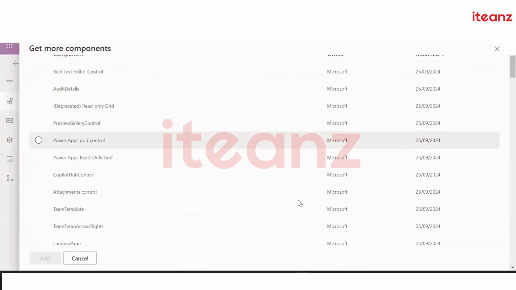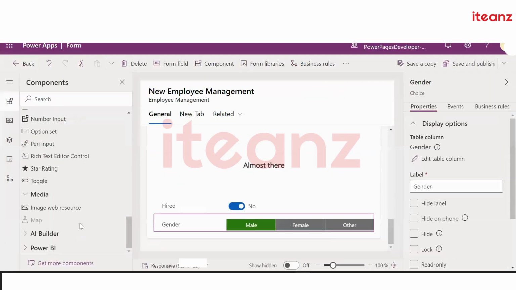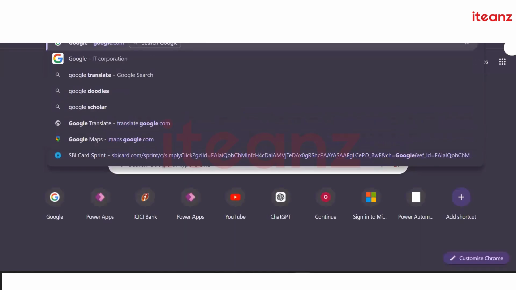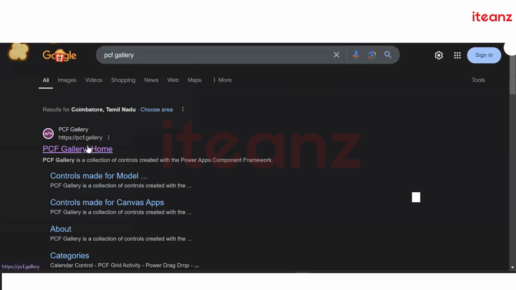If you are okay with any of the components here, you can directly select the components, add it inside the model driven application, and use it for field customization, or you can create your own PCF component, or else you can download the PCF component from the PCF gallery